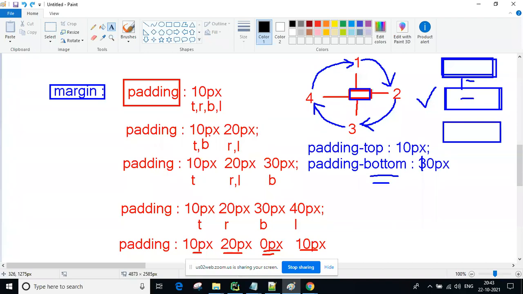Within our current tag, the content is there. So around the content, if you want to get space, you get that by using padding. So our tag to other tag related space, we use margin, and around the content of our tag, if you want to get space, you get it using padding. Okay, guys, all of you? The remaining values are all the same: margin right, margin left, margin bottom, you can do it.